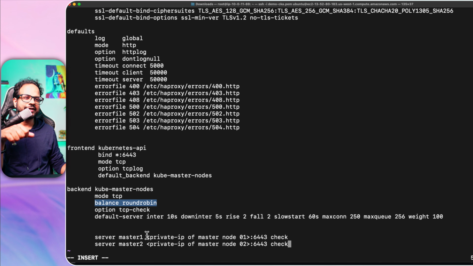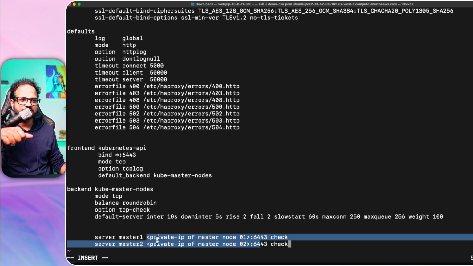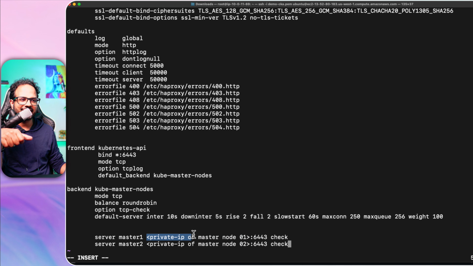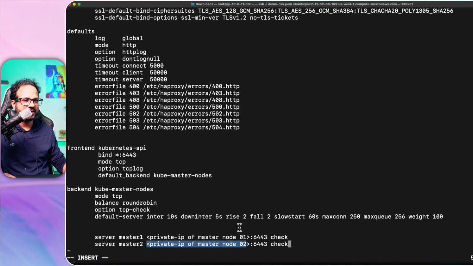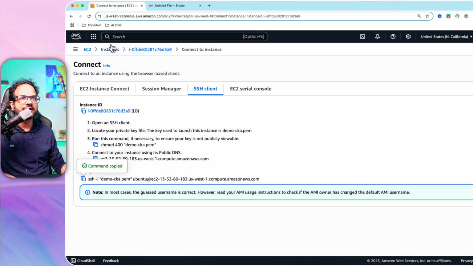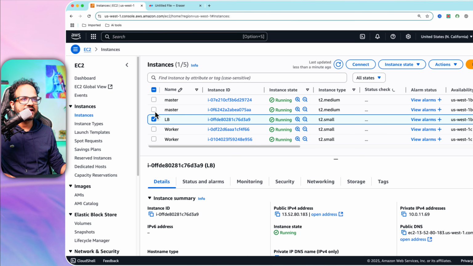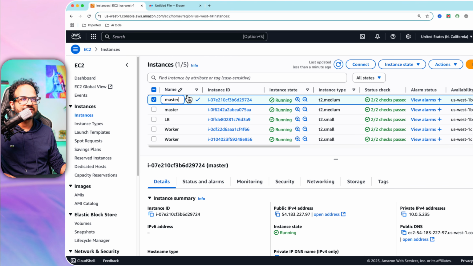Okay, you need to make changes over here. So we need to provide the private IP of the master node over here and the private IP of master node 2 over here. So that whatever request this receives, it will redirect it to one of those control plane nodes. Okay, so let's go back, go to instances, and let's give this a name,